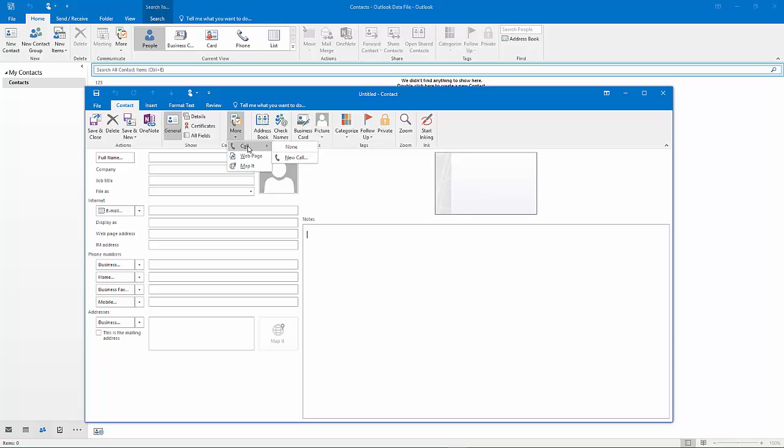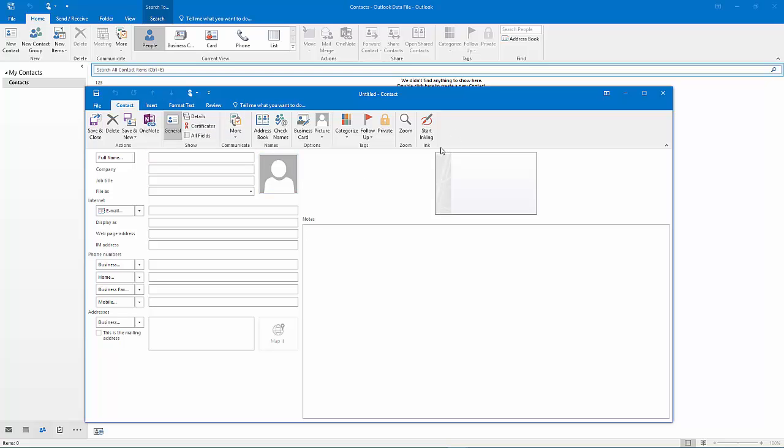You can call, and with some of the call functions, depending on if you got this set up right, the Skype can actually call from the computer. And there's more